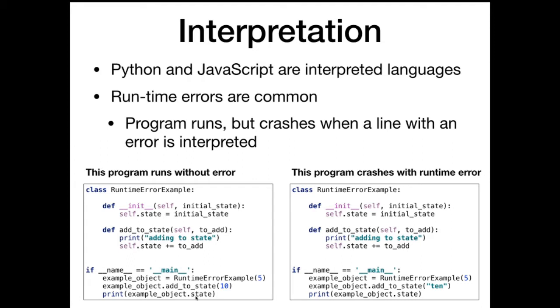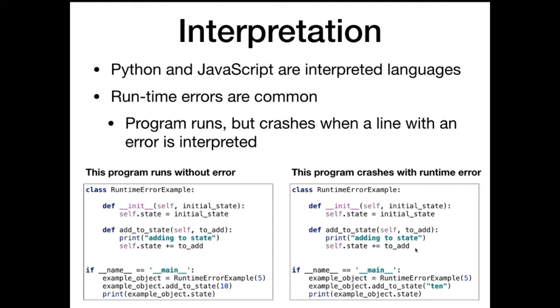But if we go over to the same example with a slight difference, where instead of giving 10 as an int, we're giving it 10 as a string, now we're trying to add 5, the int, to 10, the string, and we're going to get an error right here. We can't add an int and a string, and we're going to get an error on that line. But in Python, and the same behavior in JavaScript, our program does run.